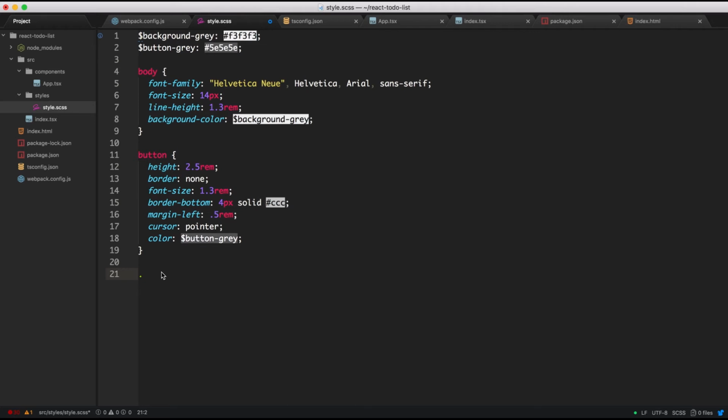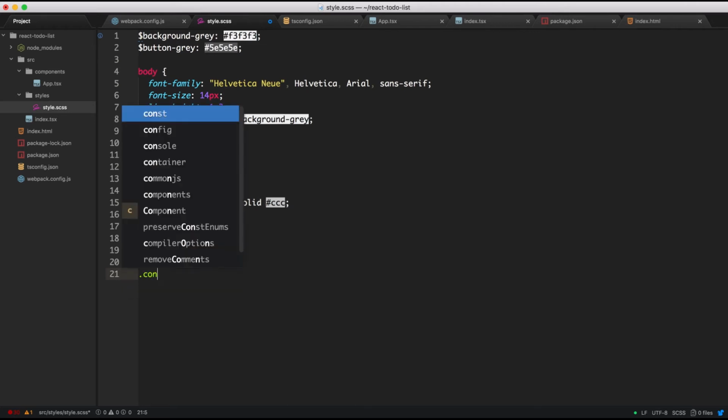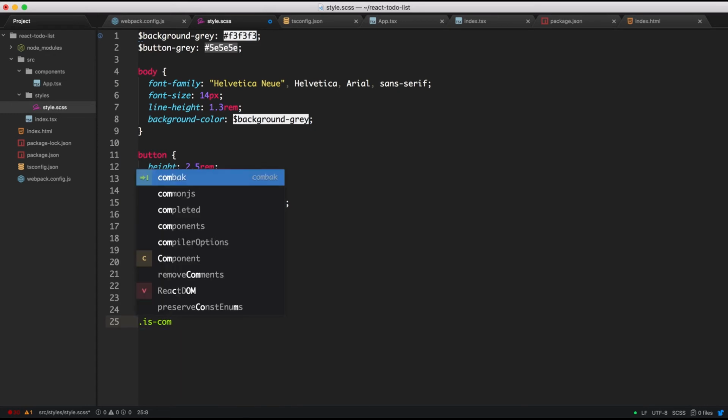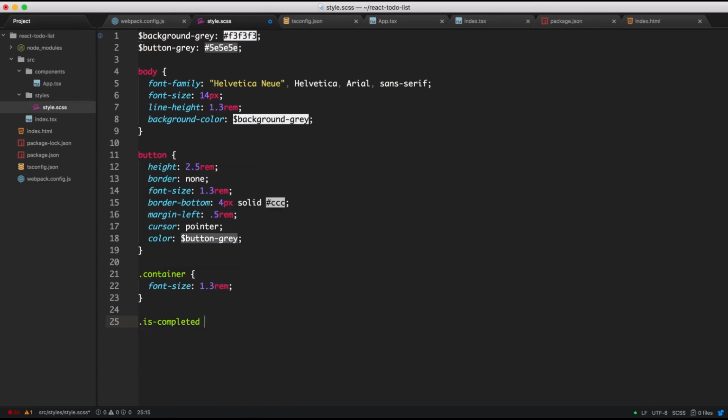So let's go ahead and style the container section. All I want to do here is make sure that all the fonts are font size of 1.3 rem. Okay, and just a few more classes to add. Let's add the is completed class, and what this will do is it will change the task to look like it's been completed. I'm going to add a text decoration